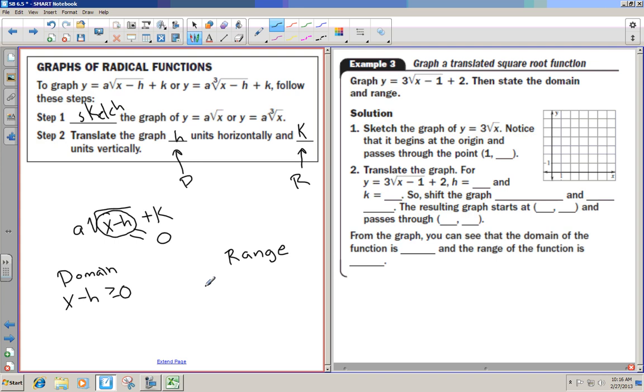First, you have to look at a. If a is positive, then it's simply that y is greater than or equal to k. If a is negative, all you have to do is that y is less than or equal to k. That's it. That's how you find the domain and range for